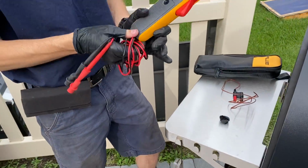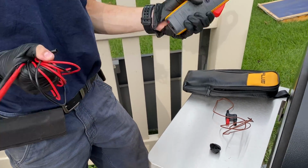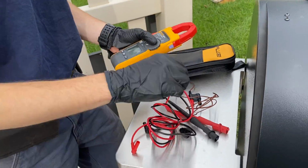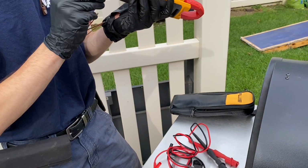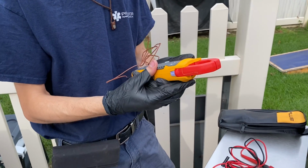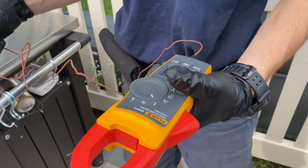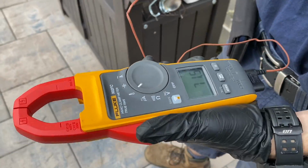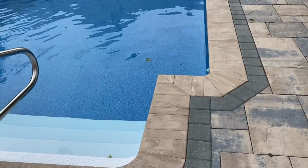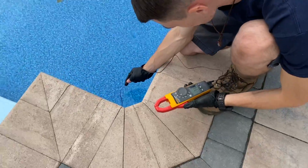So I got my Fluke. This is the, what model is this, 905? 902. 902 FC. I just got this. It's nice. I like it. That's going to plug into there. You're going to turn that to the little thermometer. Mm-hmm. And let's see what our ambient temperature is. 71.5. Now, let's just test the water temperature. Not near the jet, but